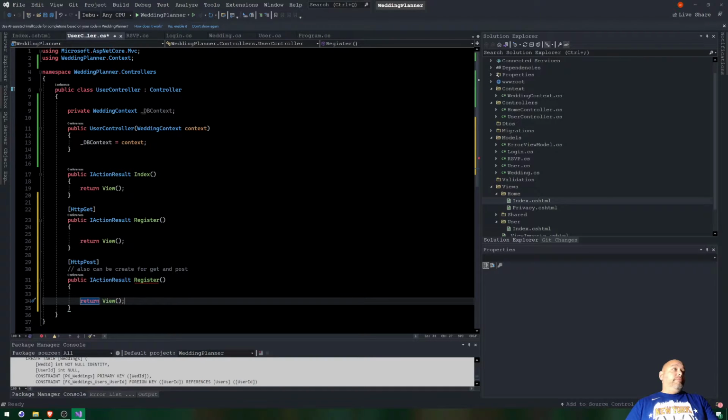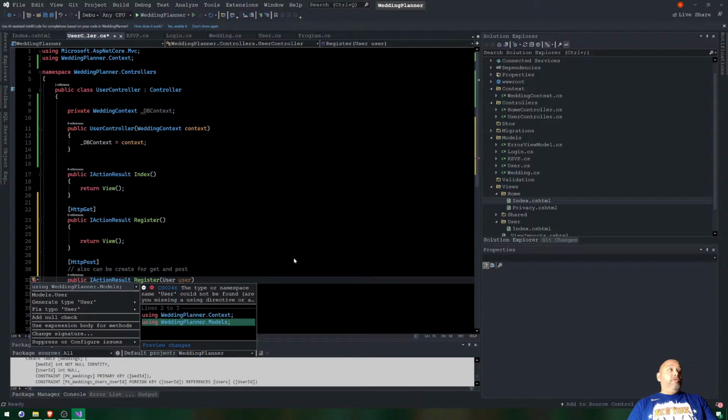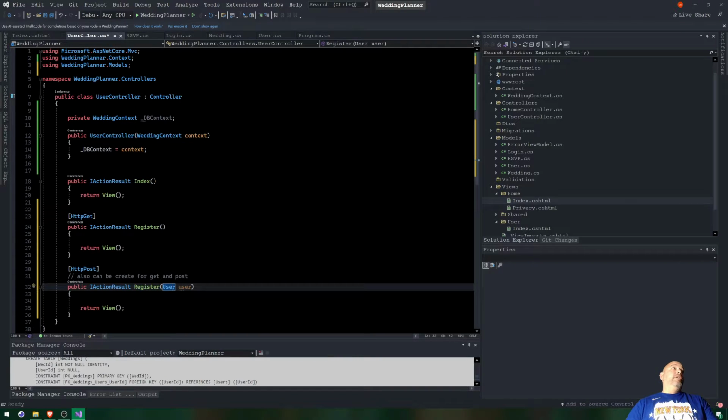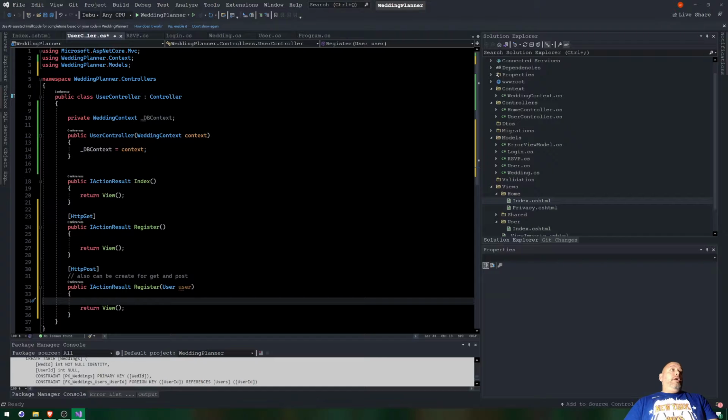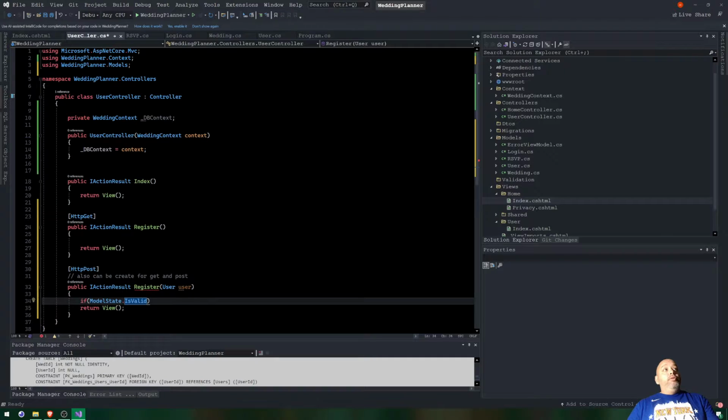As you saw, the if model state that is valid, it's already showing us that. However, we have to put a user, and now it doesn't know what user is in this user controller because it's going for the models. So we're gonna add that up here, add the models as well. And you already saw it. It said if model state that is valid. What this is saying is that what we pull in from here, from the post actions,